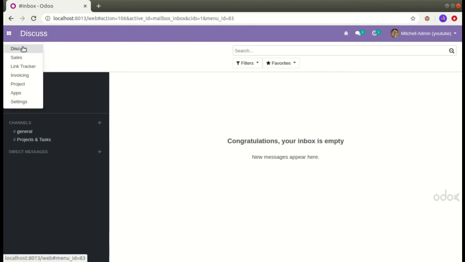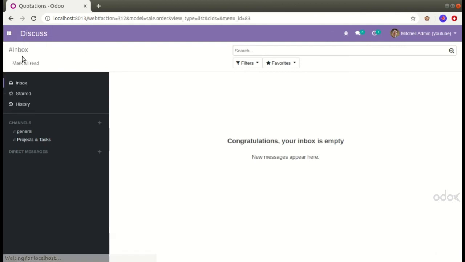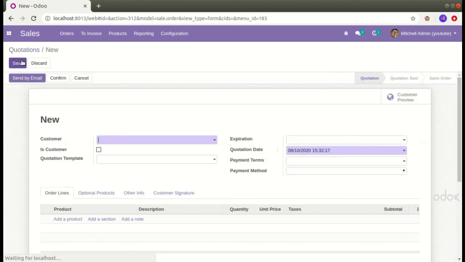Just click on the sales, click on the create button. You can see the payment method here. So this is the payment method, that means the selection field I have created. Now you can choose whether bank or cash. For the time being I can choose the cash, and my boolean field is also here.